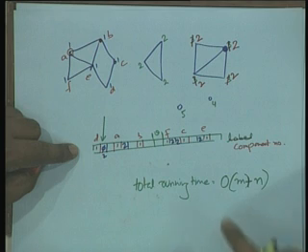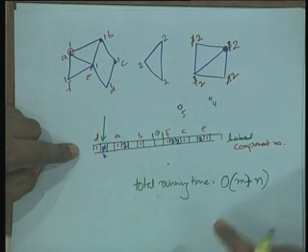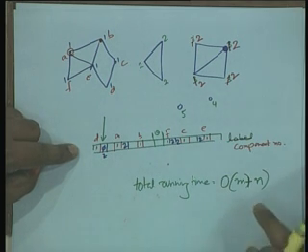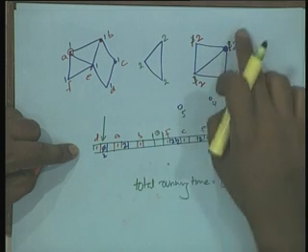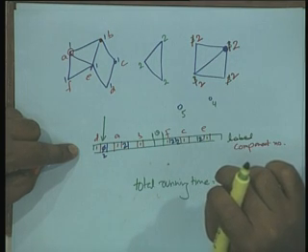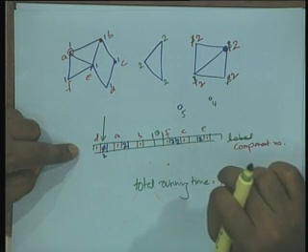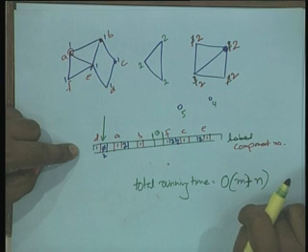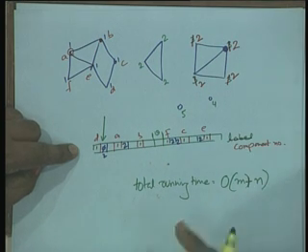It's not the case that m is more than n. It's not either the case that n is more than m. I can't say that because this is not a connected graph over which I am doing a breadth first search. Okay? So this would be the right thing to say. Or if you want to say maximum of m comma n, that is also okay, right? But just saying order m or order n is not correct.